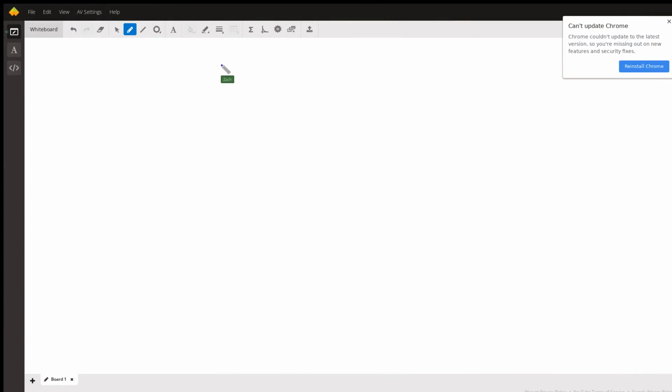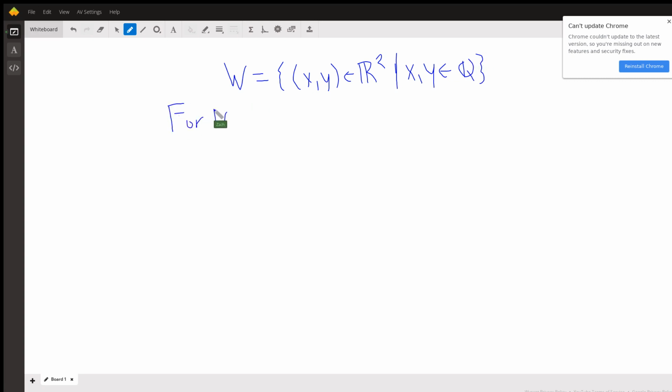For this problem, we have that W is equal to the set in R2 where both x and y are rational numbers. And now we're asking whether or not W is a subspace. For W to be a subspace,